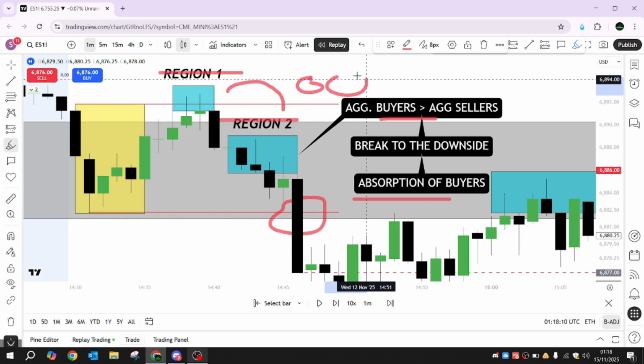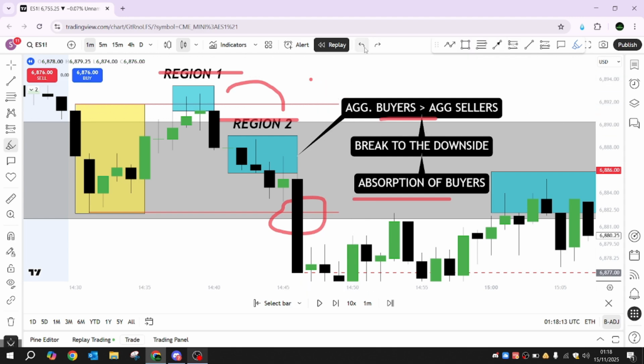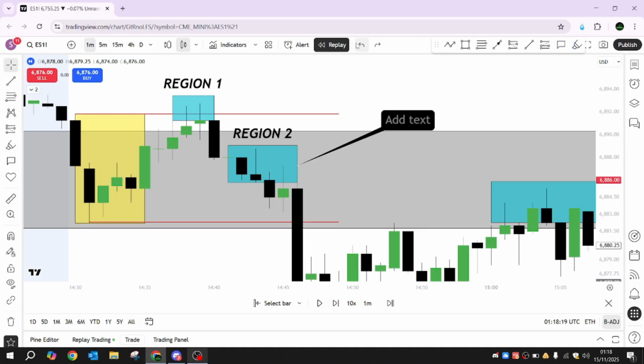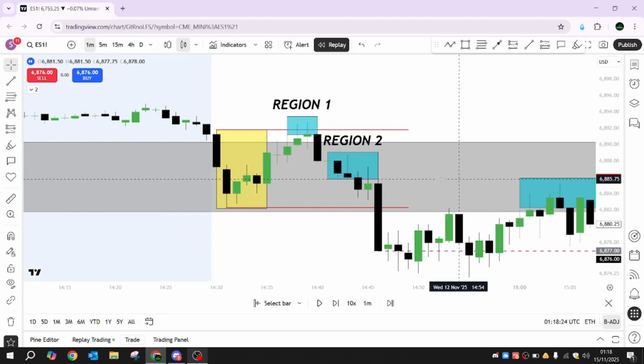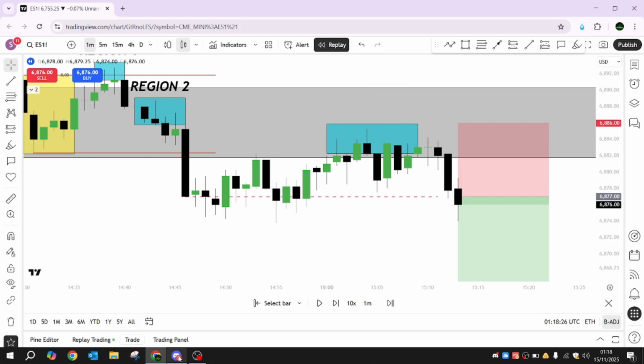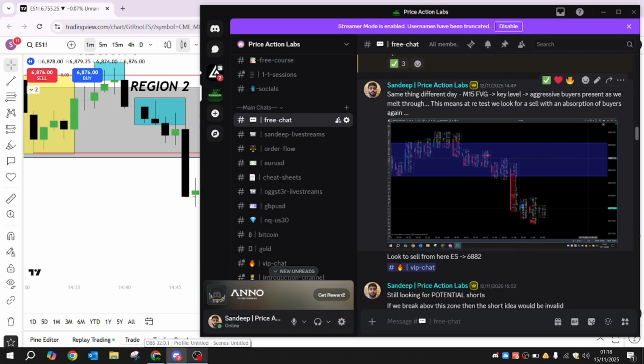These are unsuccessful buyers, right? We call this an absorption of buyers, right? So the trade setup was valid if you simply understood that aggressive buyers were failing to break above the level. Now, this is the absorption area. So again, with the absorption,